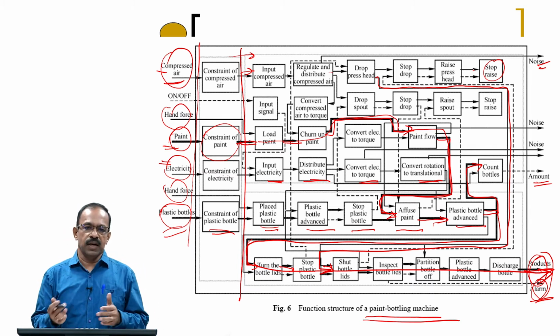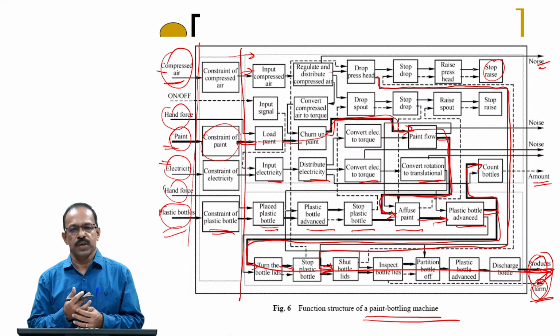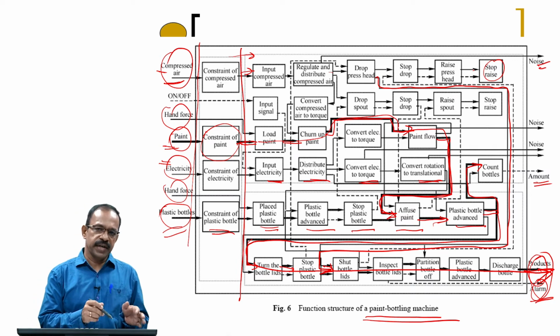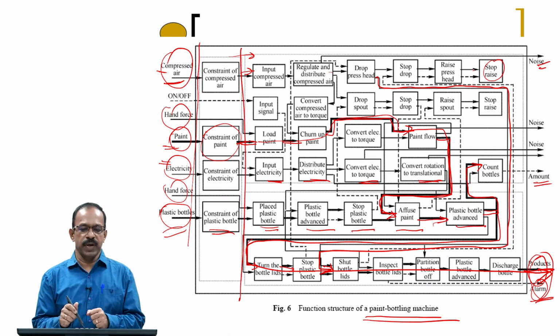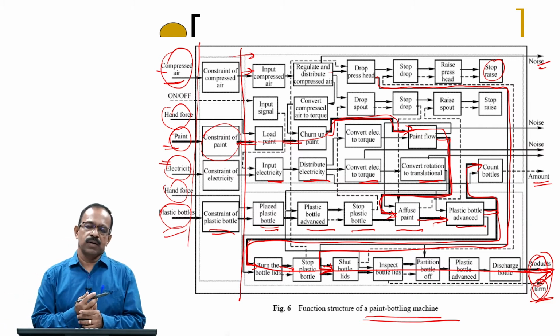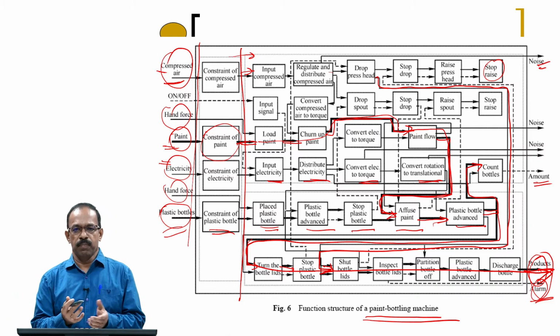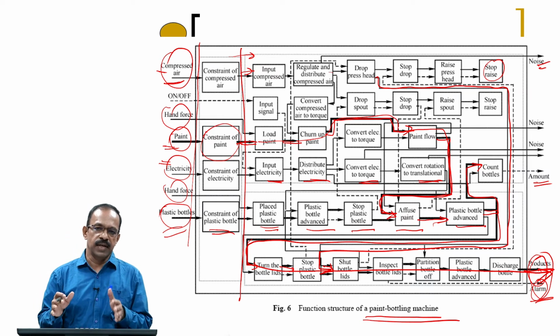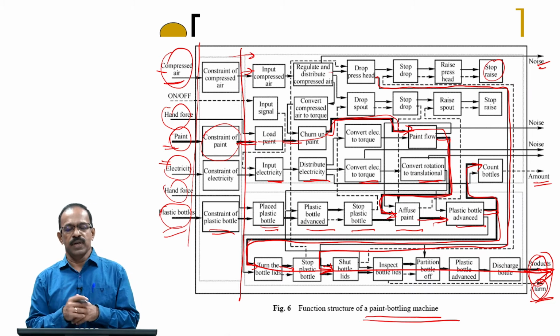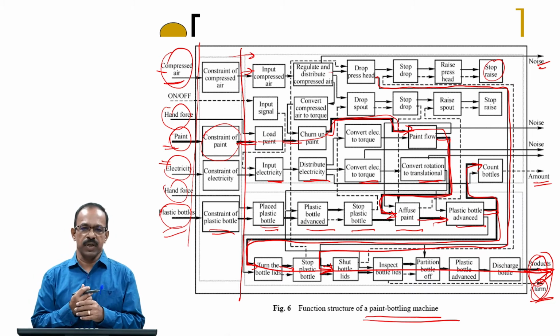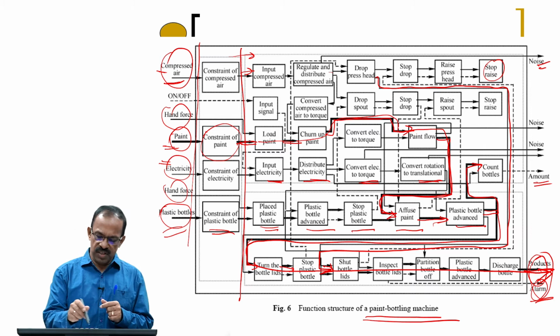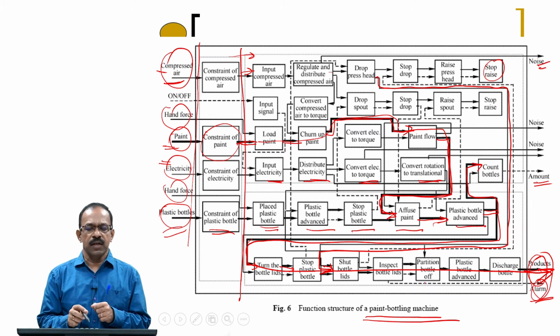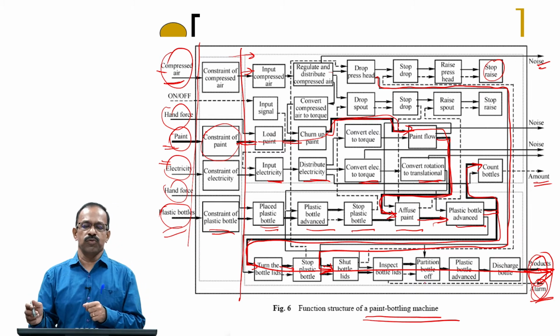Now suppose there is a requirement from the customer to increase the number of bottles produced. Then you can look at where that function is happening and see which function can be modified to increase the capacity of the plant. Or there is a problem with the lid, or the lid is not properly sealed, or there is always a leakage. Then you can look at the functions involved in sealing and try to improve those functions alone.